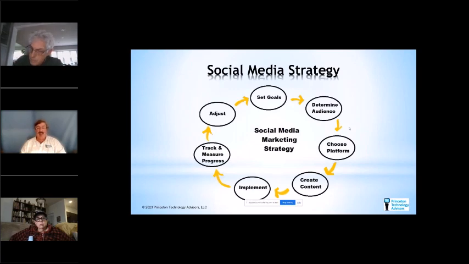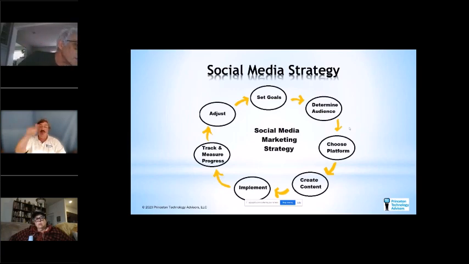You create some content, you publish it, and then you start seeing the progress. Are you getting views? Are you getting hits? Are you getting comments? These are all ways to tell that you're getting some traction. And depending on what that measurement is, you may make some adjustments. You'll make new goals. So it's iterative. At some point, you'll stop.